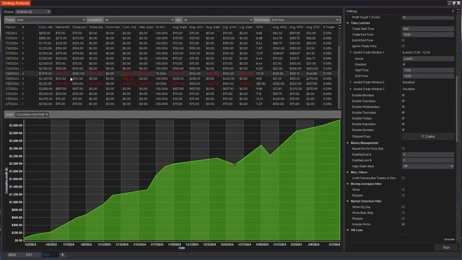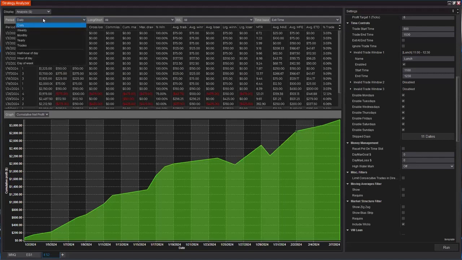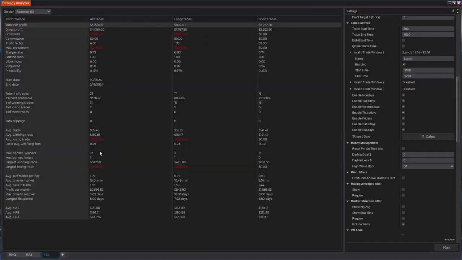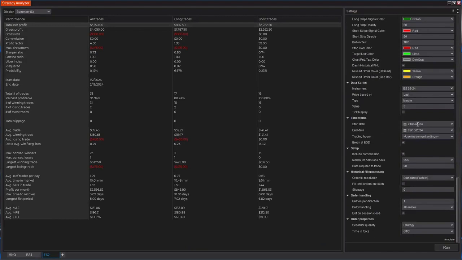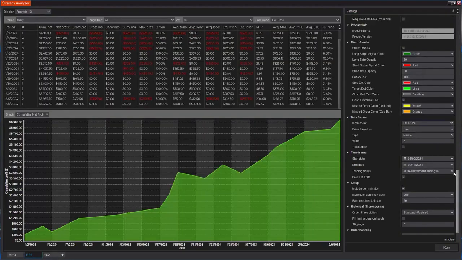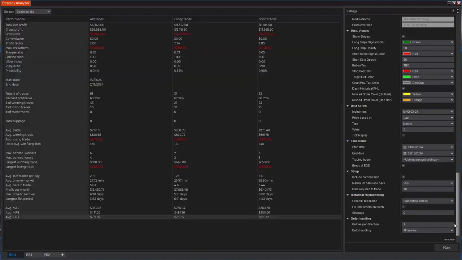Looks really good. Couple losing days and the rest are looking good. These settings, these templates are ready to go for you, and we're going to give those to you. These settings are ready out of the box. And this is for year to date, really. This is on 5-minute candles. I believe it's 5 minutes for each one here. Yeah, 5 minute, 5 minute, 5 minute.